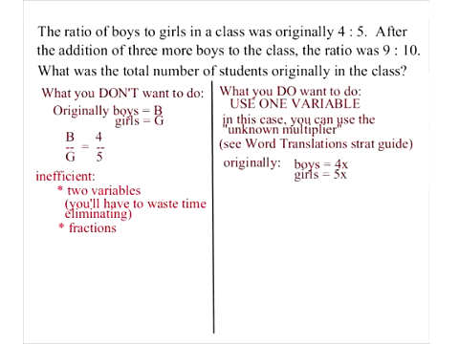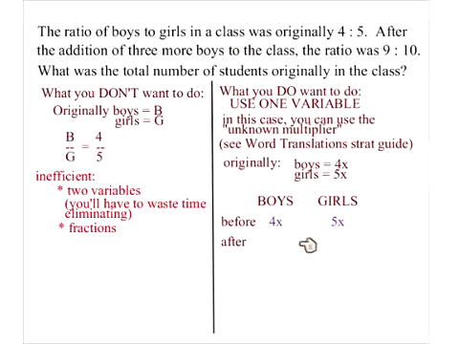What it also helps to do is make a chart where you say boys, girls, and then you have before and after. This way you can just fill in the chart with the information that's in the problem. So it used to be 4x, and it used to be 5x. Then after we added 3 more boys to the class, in the text box, what expression would we fill in here for afterwards? Go ahead and type in the text box, guys. If we add 3 more boys to this class,